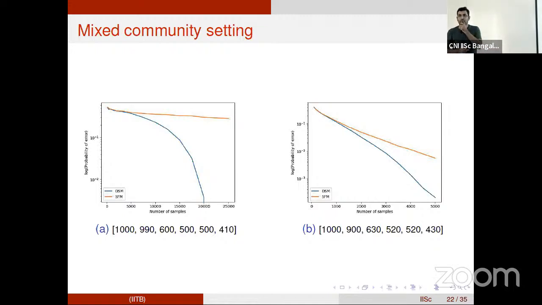So I will take an underlying instance. I start generating samples, and at the end of those samples, whatever decision rule my algorithm makes, it will make, and then I'll see whether it has given me the right largest community or not. So in particular, whether it outputs community 1 as the largest. And every time that it doesn't, I count that as an error. Then if you do this, let's say over 1,000 times, that gives you an empirical probability of error. That is what we are plotting.